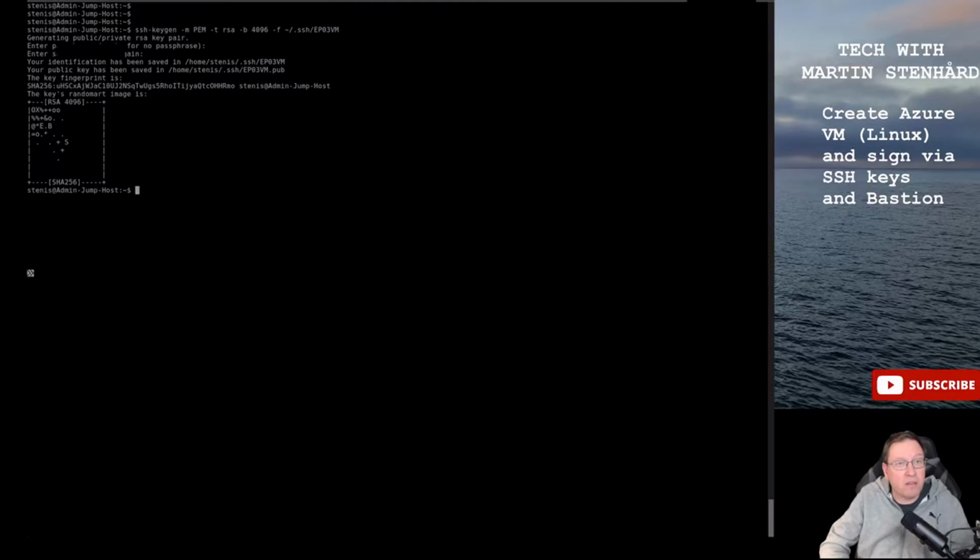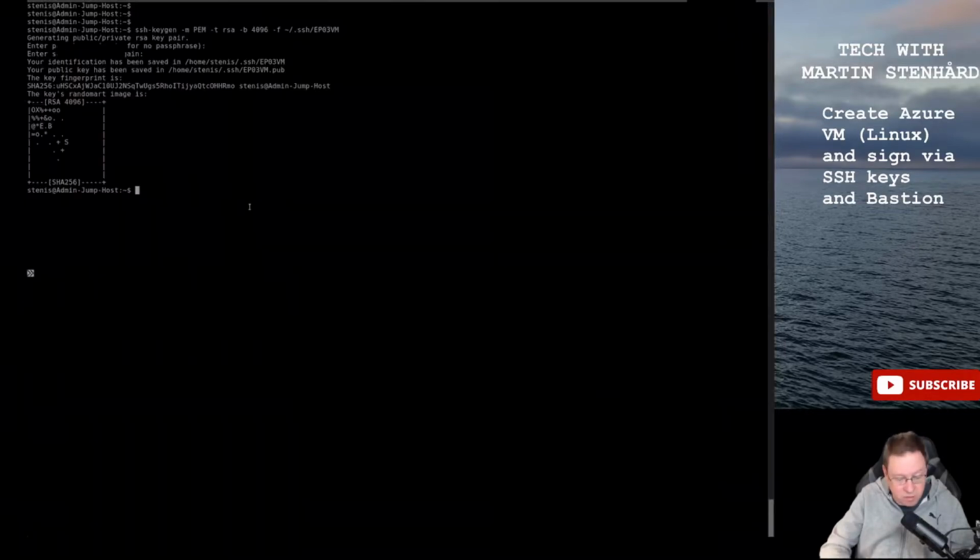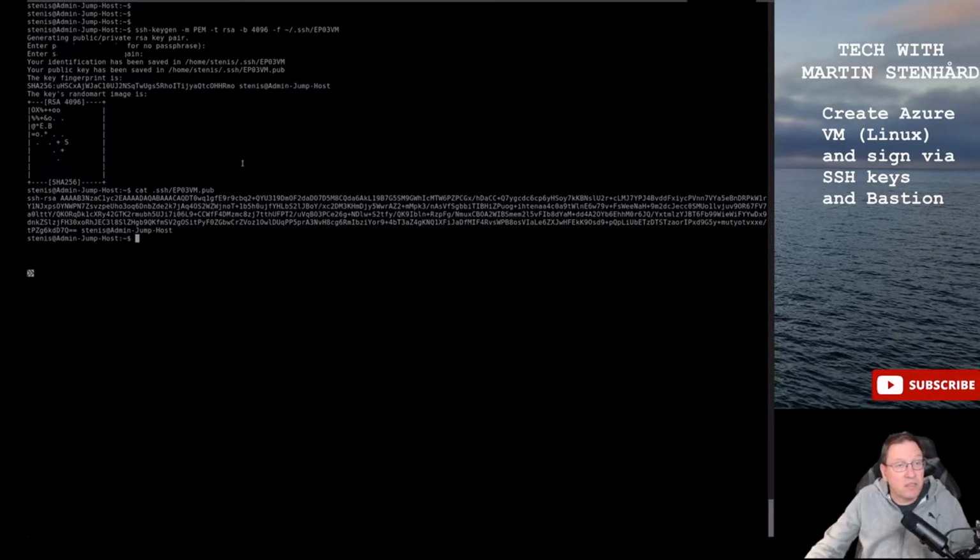Now we have both a private and a public key. And to create the machine here, we use the public key. So let's cat that out, and that ends with .pub. So I will get the public key here,